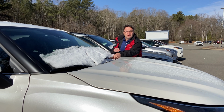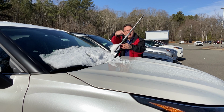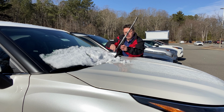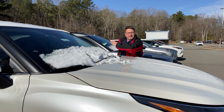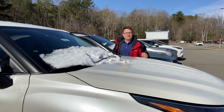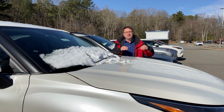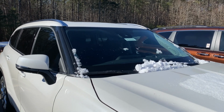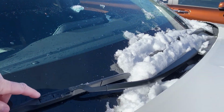You just want to make sure if there's a lot of ice or something like that, a lot of times your blades are going to be covered in ice, chunks of ice right here, chunks of snow. It makes it hard to be able to cleanly wipe what you need it to wipe. So we're going to go back to the other car and I want to show you how it cleans up the blades by heating them up. Just to speed things up a little bit, I did clean off some of the snow around it, the taller snow, but if you look